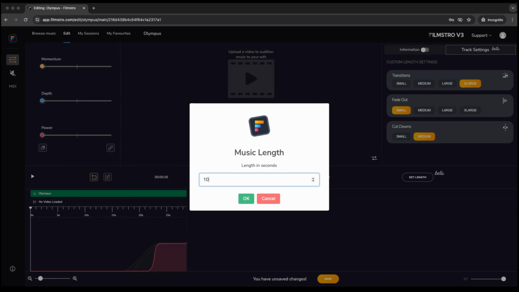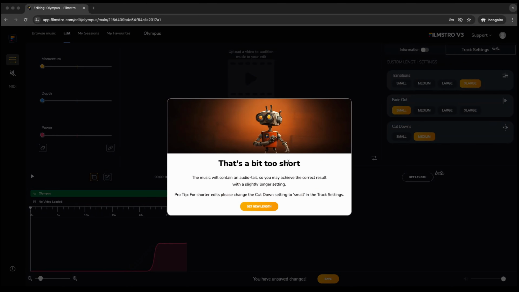So if I asked it to be 10 seconds, it's actually going to give me a modal saying that's too short. I can't do that. But it's telling us two things here. One is the music will have an audio tail, so it's important to recognize that you may actually achieve the correct result with a slightly longer setting, right? So in other words,